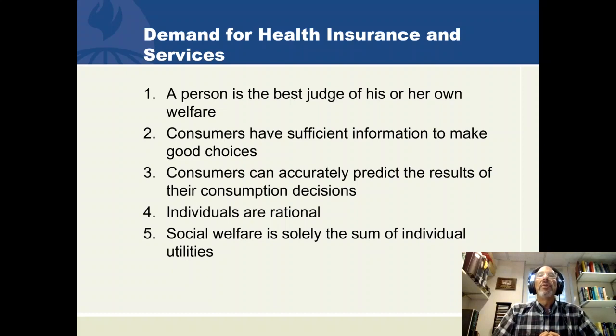Rice and Unruh are making the point that the demand for health insurance and services are affected by these 5 market failures. The person is the best judge of their own welfare. They have sufficient information. They can predict the results of their decisions. They're rational. That social welfare is the sum of individual utilities. These 5 conditions get in the way of a free market equilibrium occurring in the demand for health insurance policy and the demand for medical care, doctor visits, and